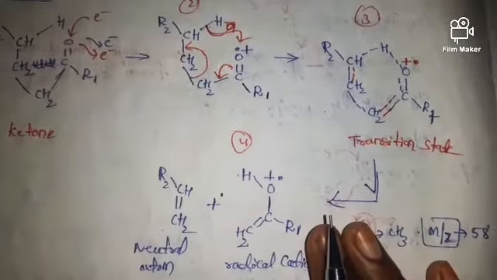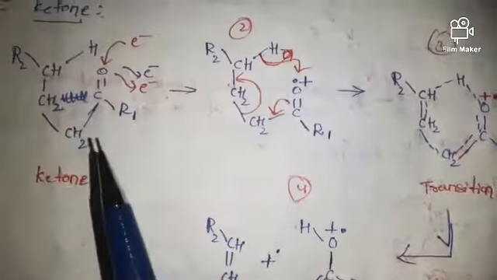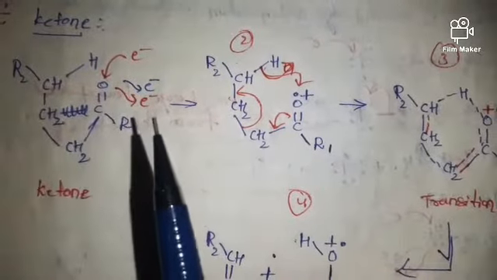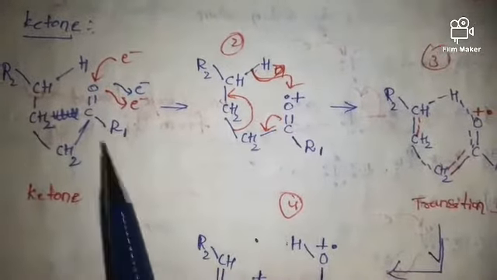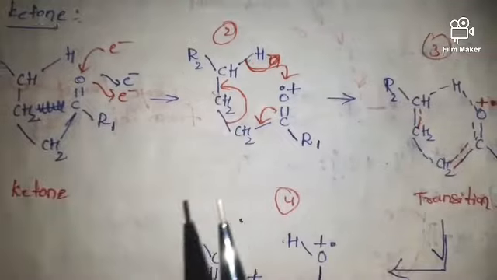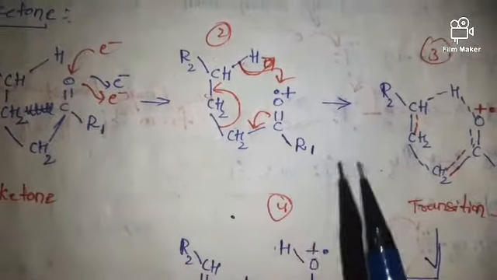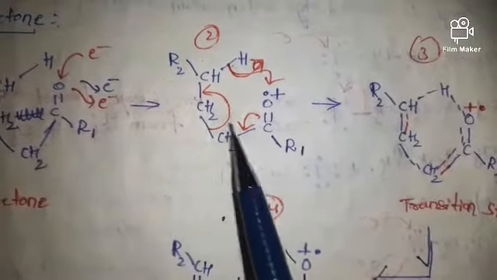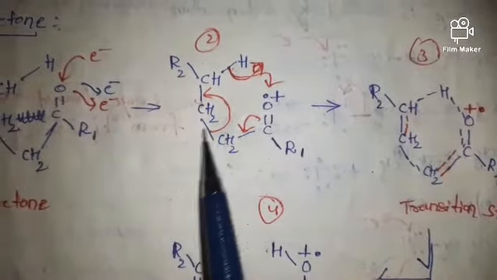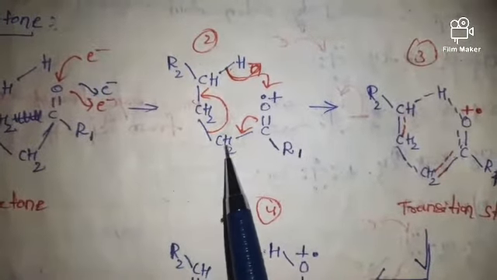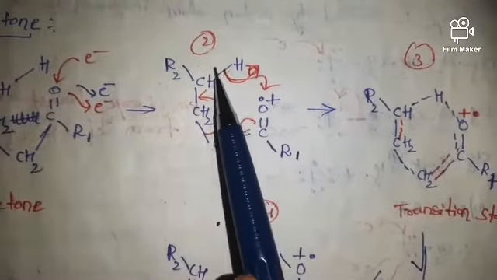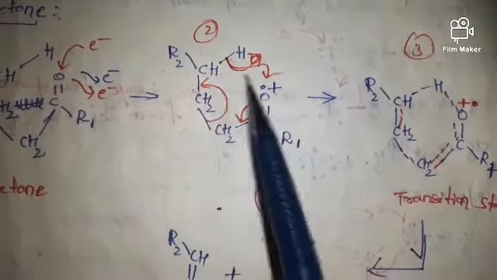Hope you understood. This concept is nothing but, first, we have to represent the carbons as alpha, beta, and gamma. Here we should know two points: alpha-beta bond cleavage and gamma hydrogen transfer. The bond between the alpha carbon and beta carbon cleaves, so that is alpha-beta bond cleavage, and the gamma hydrogen will transfer to the heteroatom.